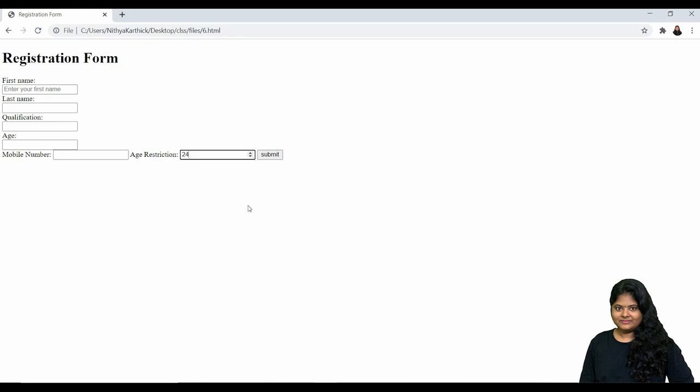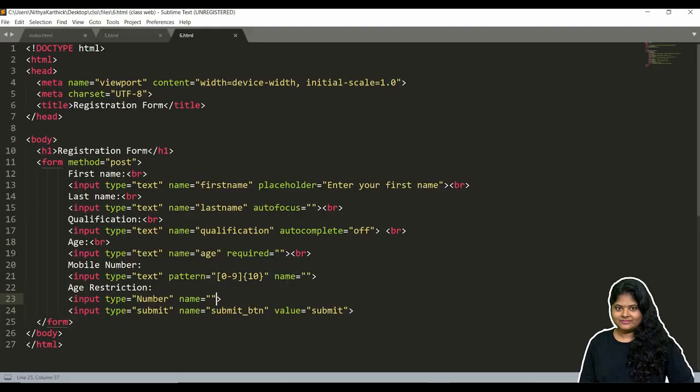But I need to restrict people to 15 itself. So I can give it like this for restriction. Let the minimum age be 8, and the maximum age be 15. Just save it.